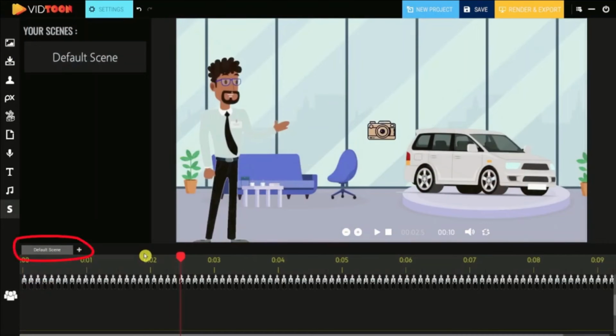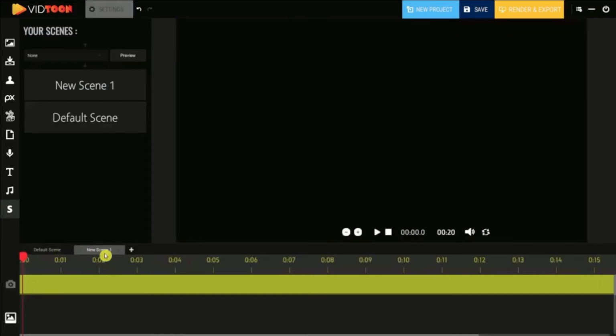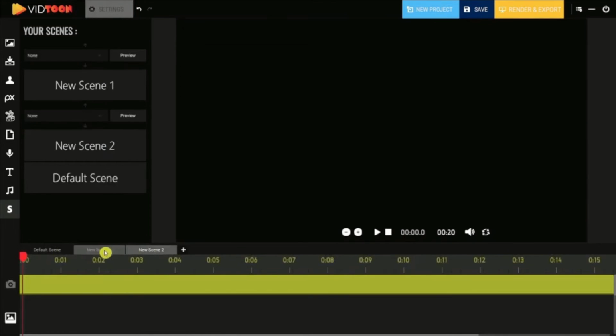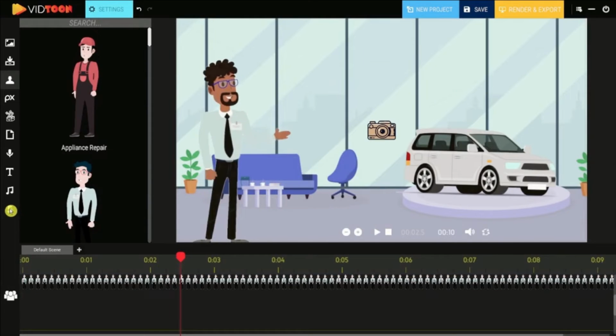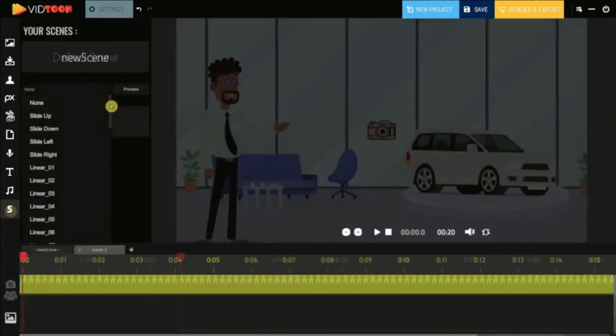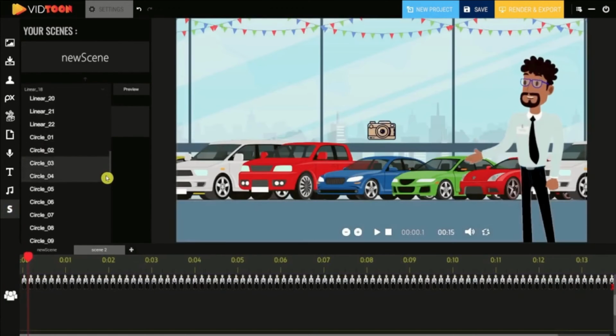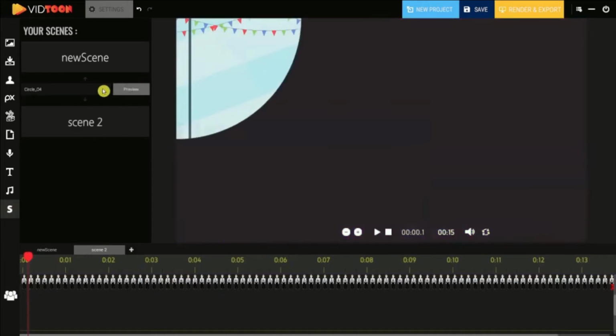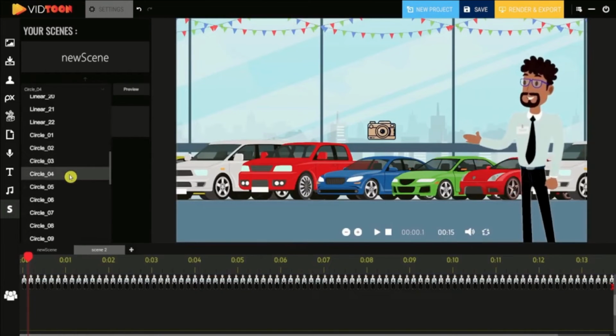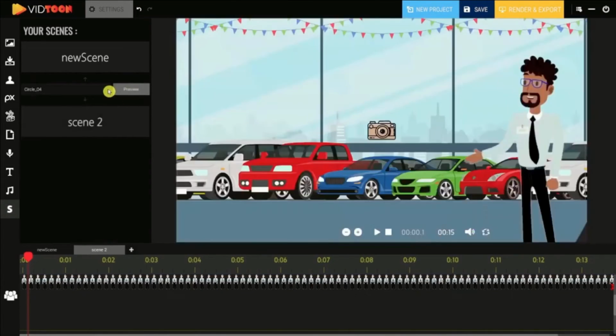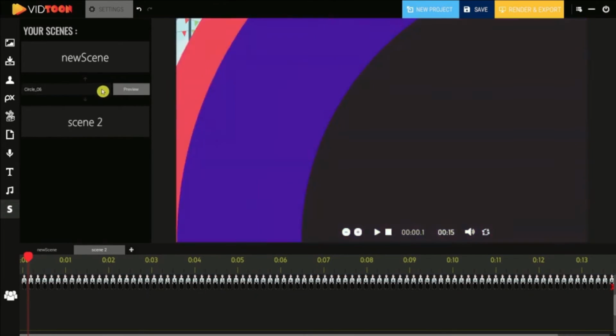You can find this feature in the top section of the timeline bar. You can add as many scenes as you want by clicking on the plus button. You can also double-click to rename each scene based on its content. To add transitions, you'll need to click on the last icon on the left bar. You'll be able to add transitions in between each scene as well as preview them before selecting the one you like the most. We have a wide selection of transitions, so you'll be able to find your